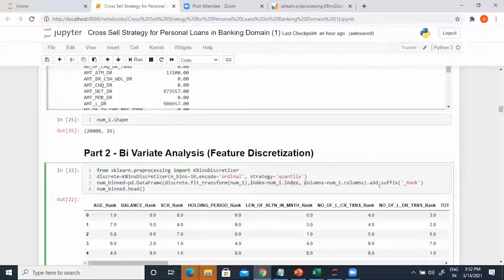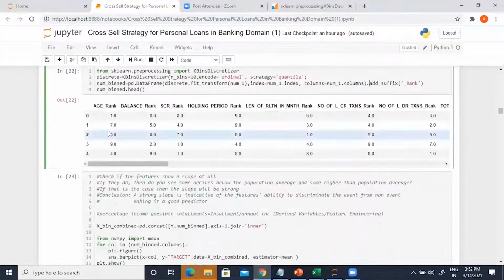And I want to retain the same column names. Now, these particular features are going to take values from 1 to 10. These are ranks, nothing but ranks.